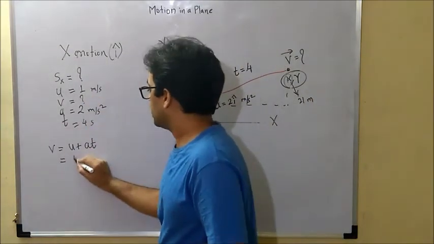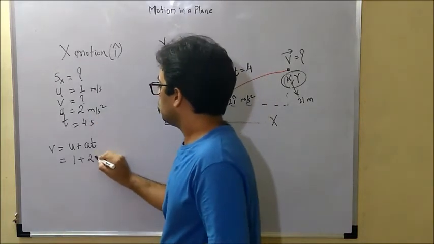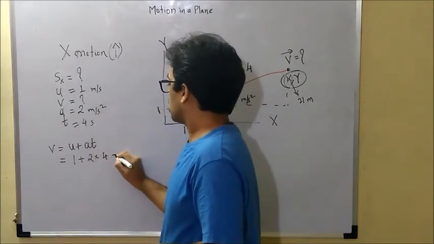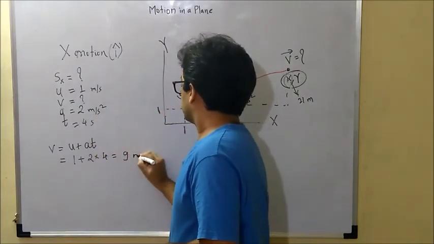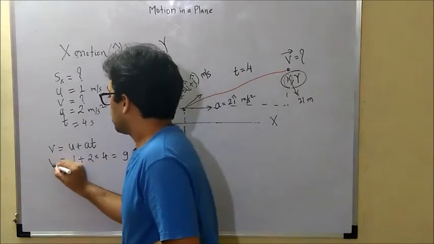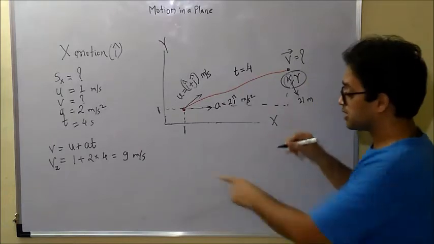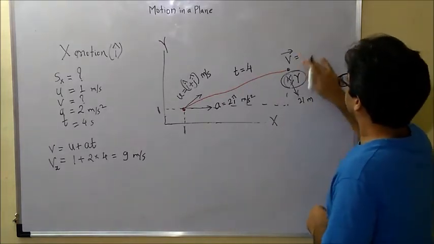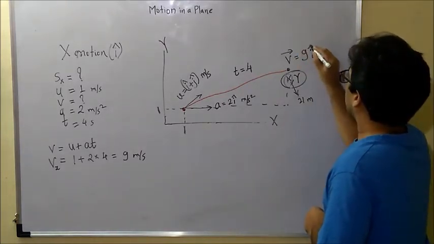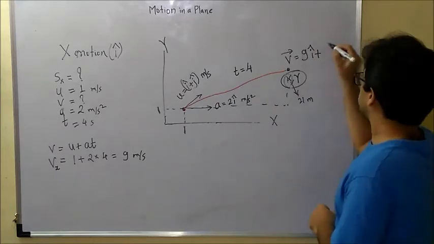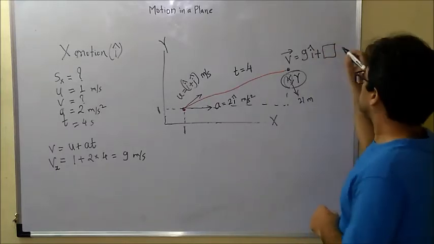U is 1 plus acceleration 2 into time 4. So how much is it? 9 meters per second is my velocity x, that means the final velocity in the x direction. How will I write it? I will write it as 9 i cap plus, now the j cap thing you have to find,